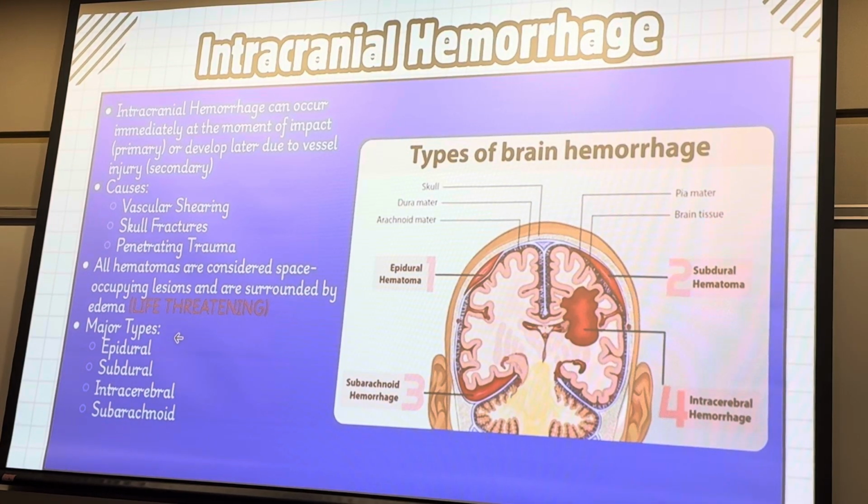Intracranial hemorrhage also can be a result of a traumatic brain injury. So remember, your primary versus your secondary injury, it could result from either one. Primary is that direct impact caused an intracranial bleed, or that direct impact caused an issue in my vasculature, and then eventually my vasculature caused a bleed.